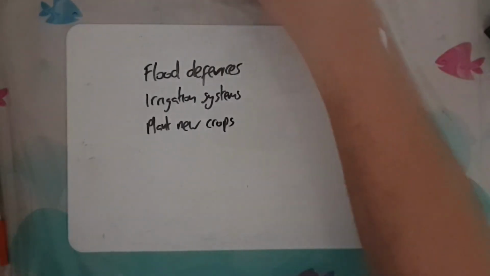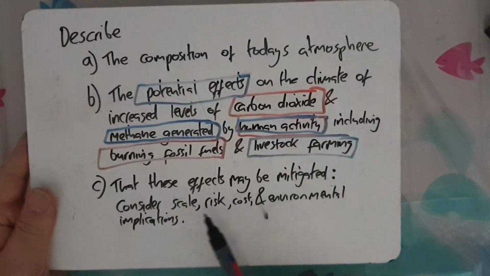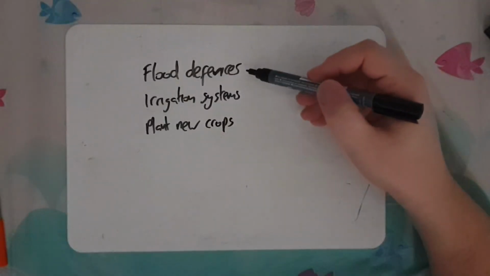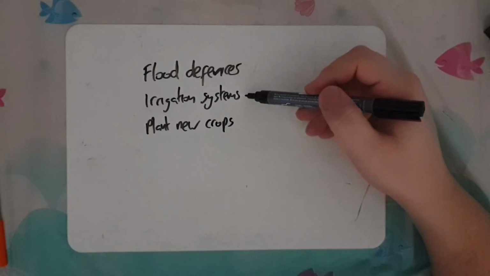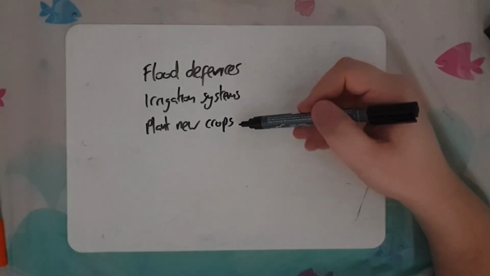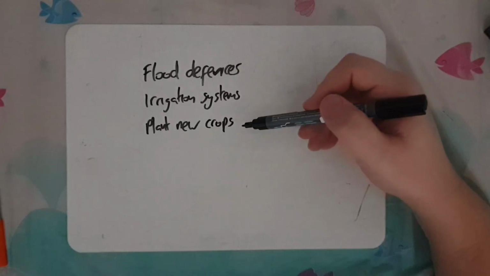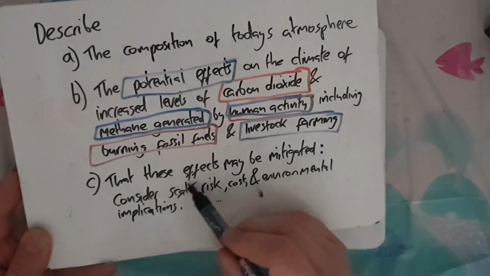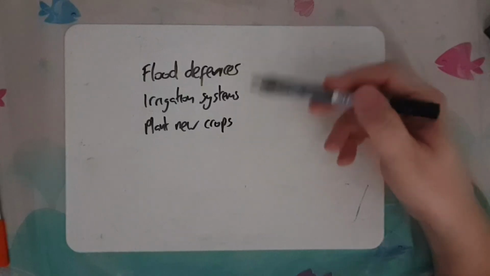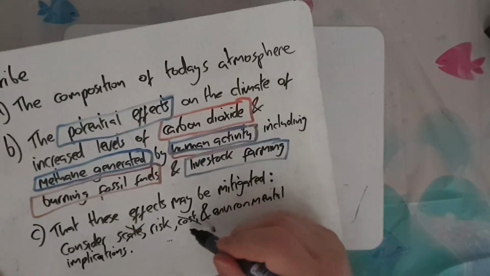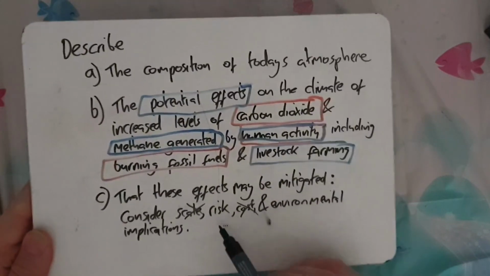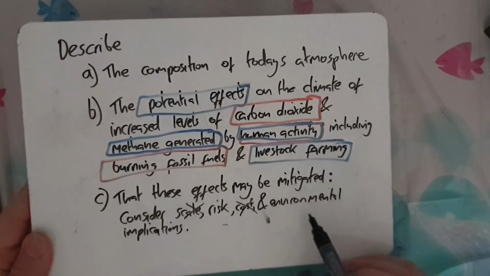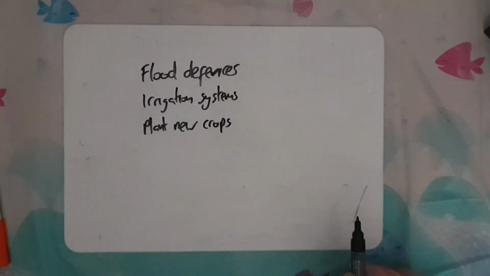So what do we need to talk about for these three things? So we need to talk about the scale. Well, flood defences aren't small. Irrigation systems, again, not small. And planting new crops, that's a huge thing if you're changing the entire agricultural industry of what sort of things you plant. So the scale of all of these is massive. So we've done scale. The cost of all of these, also incredibly expensive. They're all really expensive. The risk links in with the environmental implications in that they might not work, but also